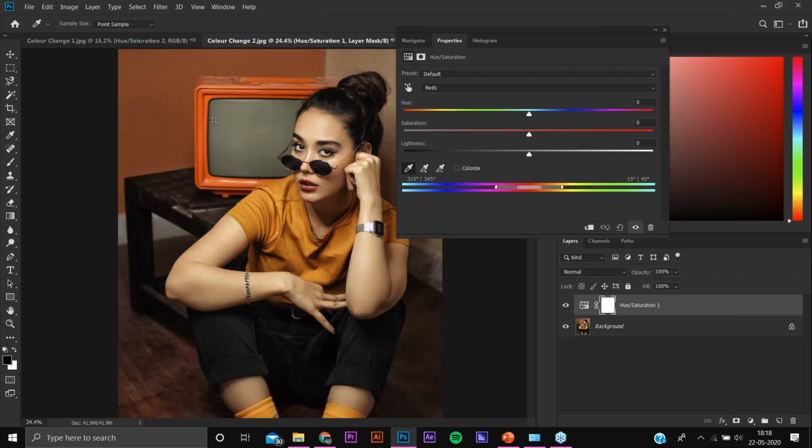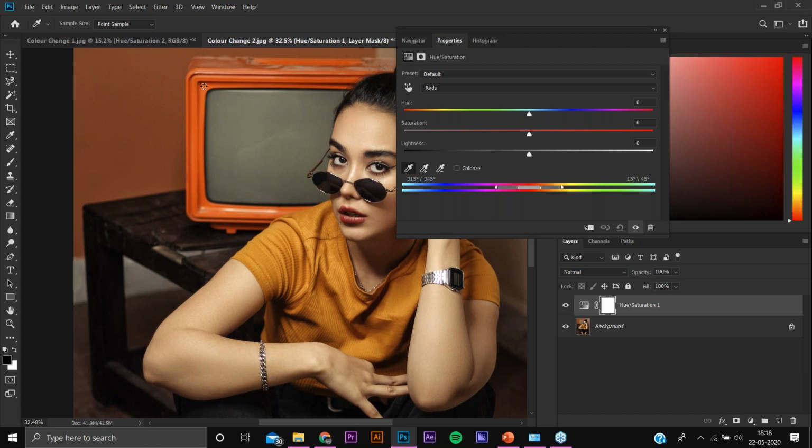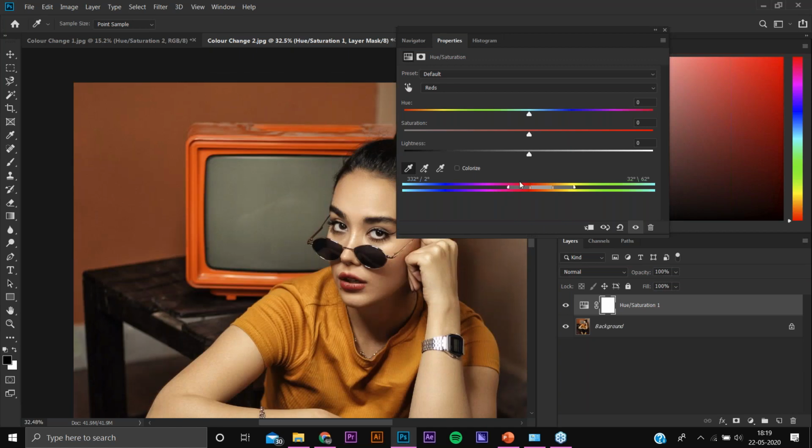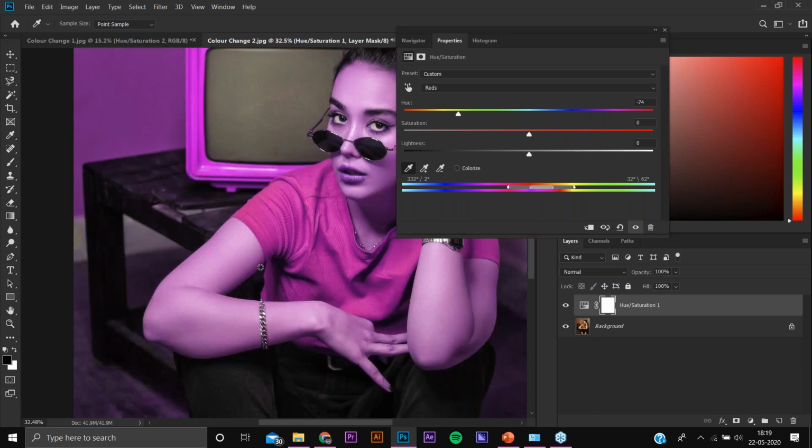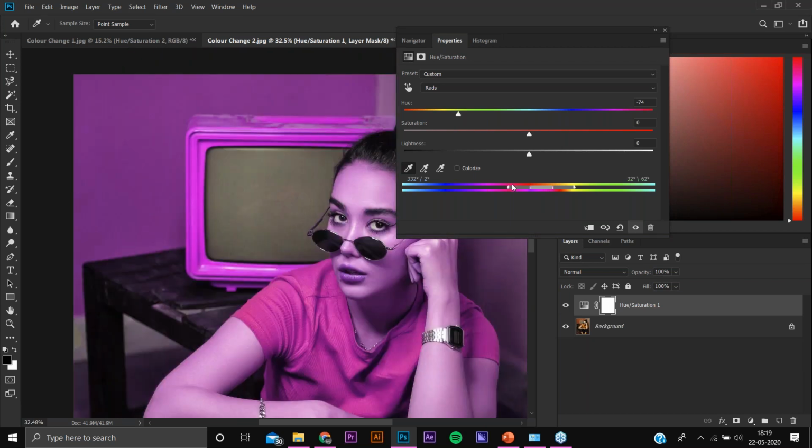I have to select the precise point which I like to select, the corner of this TV. Now, as I have selected this color, if you observe the down part of it, now first of all, we will change the hue color of it. Now it is impacting on my subject's skin also, as well as her own clothes also, and many other things. It's totally getting affected. So what we can do is, there is one option right over here.